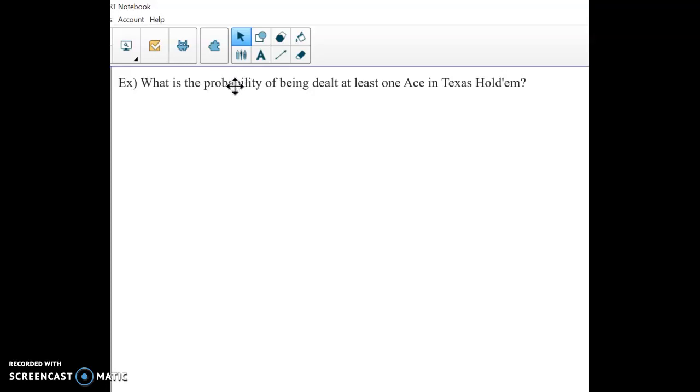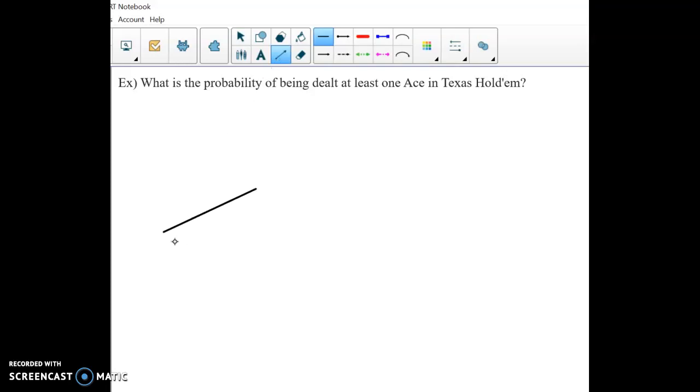For any of you that have ever played poker, I thought a lot about what the chances are you get dealt at least one ace in the game of Texas Hold'em, right? And the way you would actually do this is with a tree diagram. So you could make a branch, and this could be your chances that the first card is an ace. So it would be: first is ace,